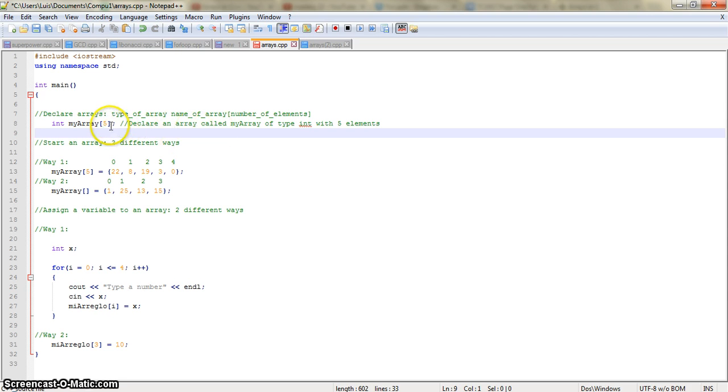And here you gotta type the number of elements that are gonna be on your array. I'm gonna be using 5 elements in this example. So here's how you start an array. There are 2 different ways. The first one is